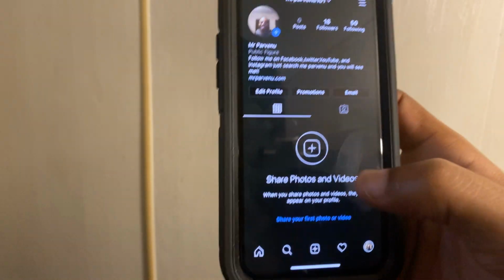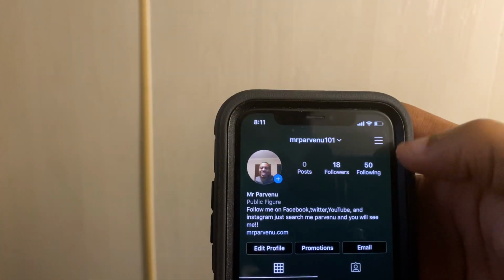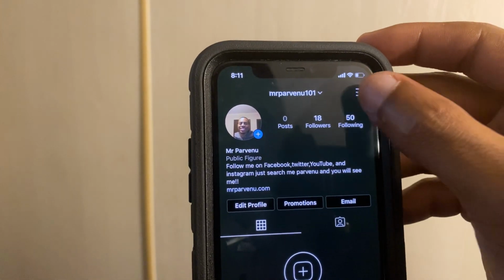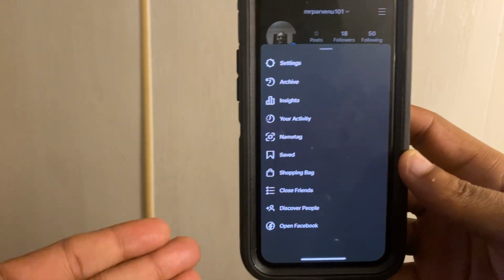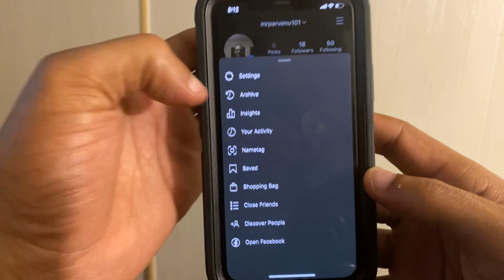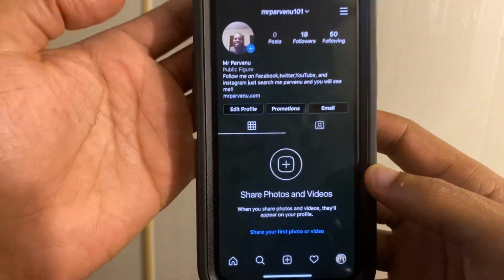And then to make your account private, you're simply going to go up here to the top right corner where you see these three bars. And you're just simply going to tap on it. Boom. All right. And from there, you should see this page show up. And it's all gray and stuff like that. What you're going to do next is hit this settings button on the top of the screen.